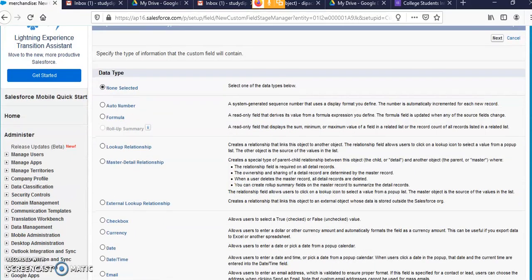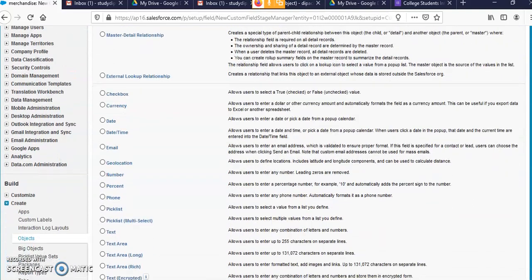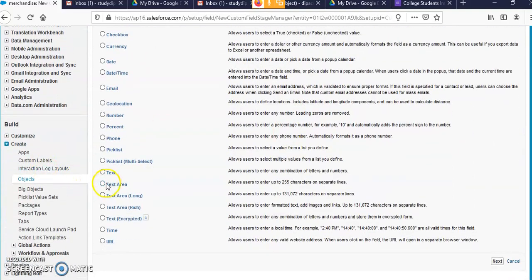Generally in our traditional practices, we first add the name of the field and after that we put the data type. But on the Salesforce platform, it is quite different. You first select the data type, text area.